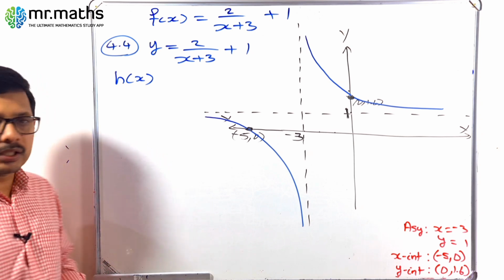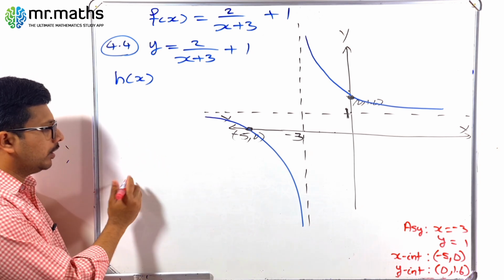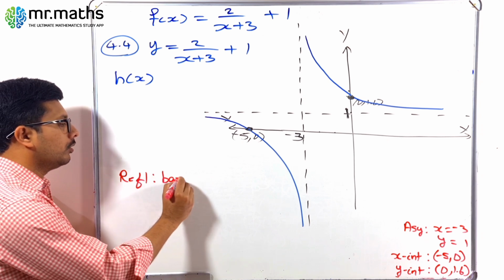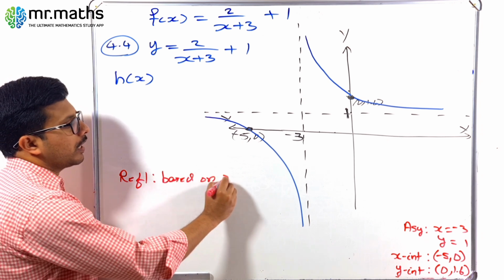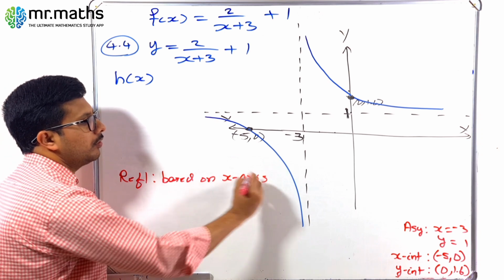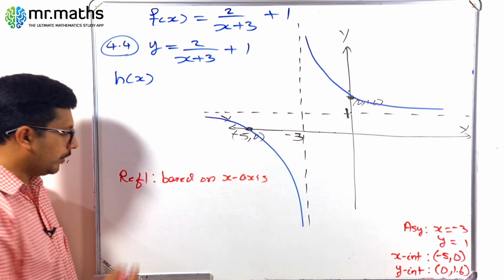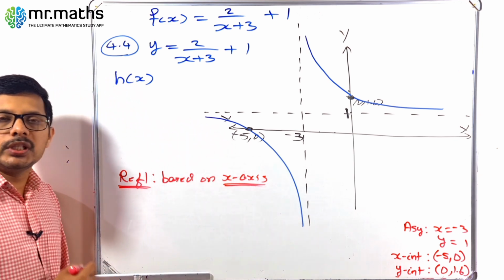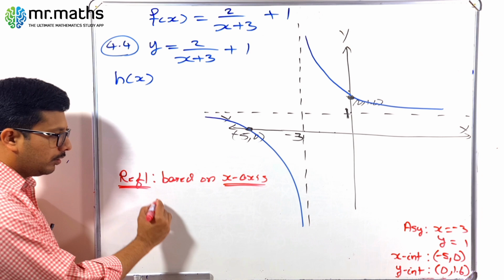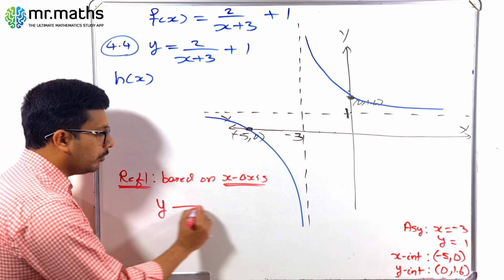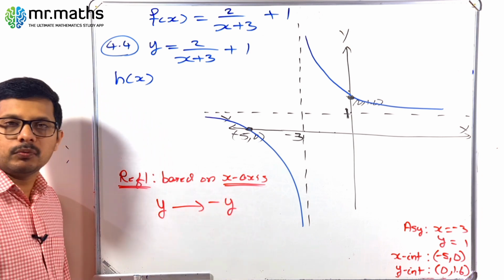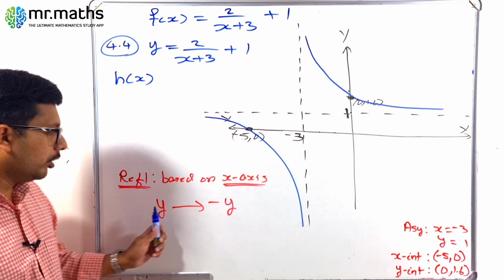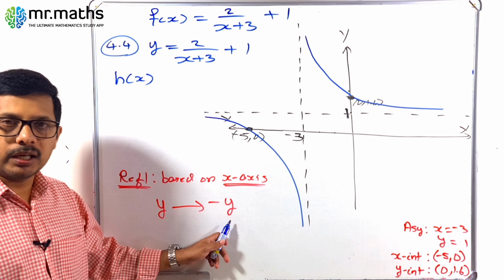So in grade 11 you studied, if a graph is reflected based on the x-axis, what are you supposed to do? If a graph is reflected based on the x-axis, you have to change the sign of y. If positive y, you have to change to negative y. This is what you have to do. If the reflection is based on the x-axis, you have to change the sign of y, and the new